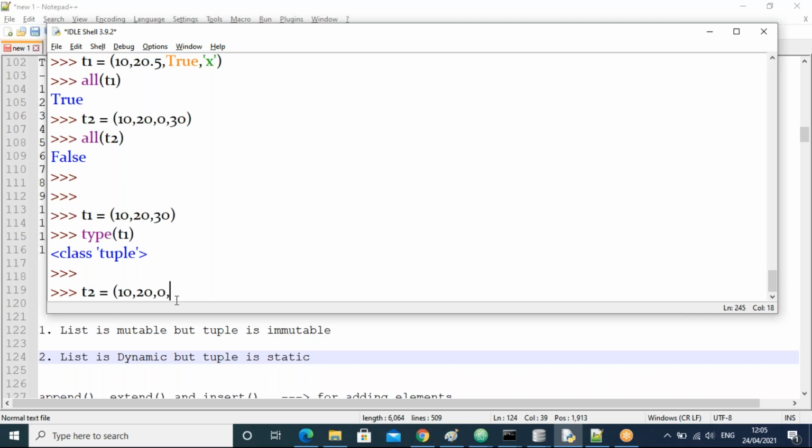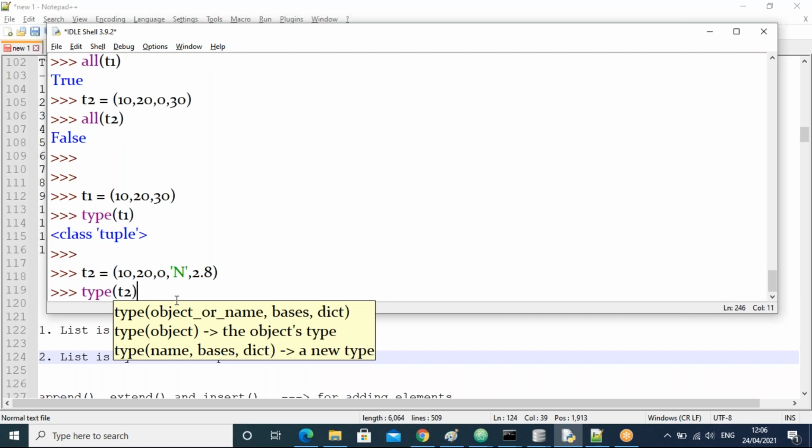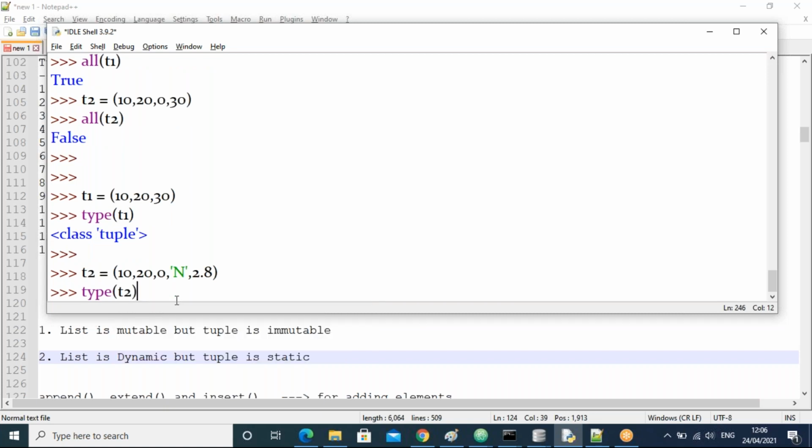I am taking some string also, and some float also. Now any of T2, true or false? In the previous case, all means all must be non-zero. Sorry guys, my mind is not here.